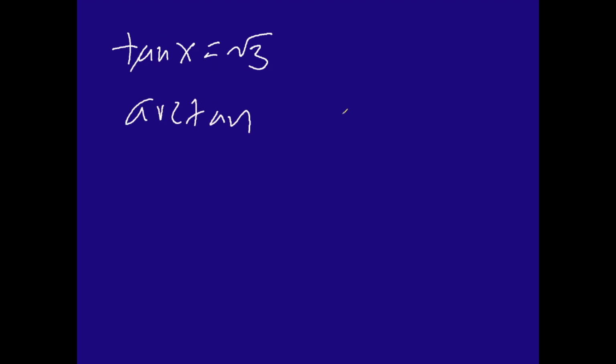So now we're going to be doing the following. We're going to be doing tangent of x equals the square root of 3. Again, this is pretty much done for you already. So all we have to do now is the inverse of the tangent function. So we do arctan. That way we're able to remove this guy right here, and then we're able to get the answer here. So if I do arctan,